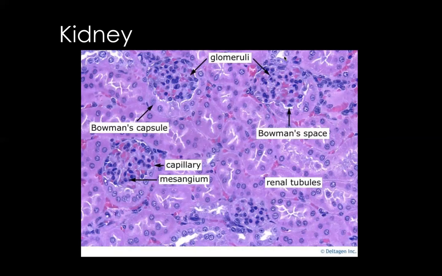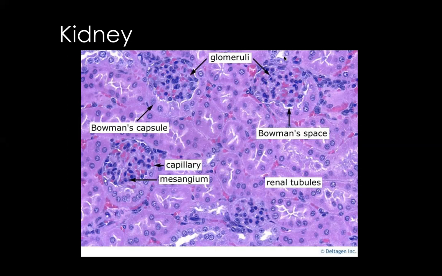Now, what you're seeing here is a cross-section of the kidney where you will see some of its important structures. So the glomerulus basically is the functional unit of the kidney. So the glomerulus together will create a bigger structure called the renal corpuscle. Now, the renal corpuscle would have glomerulus, capillaries that supply blood, and the Bowman's capsule. So the Bowman's capsule, which you're seeing here surrounding the glomeruli, would basically be a clear spherical area that helps